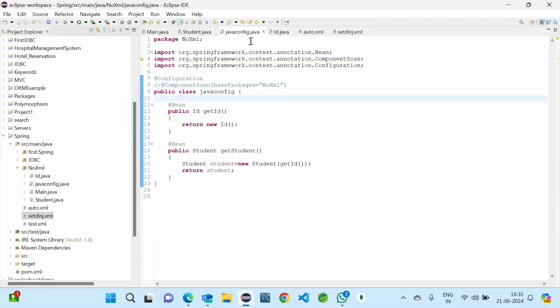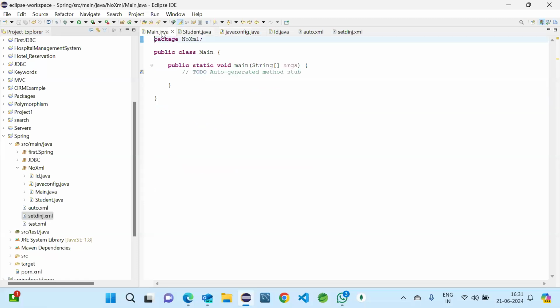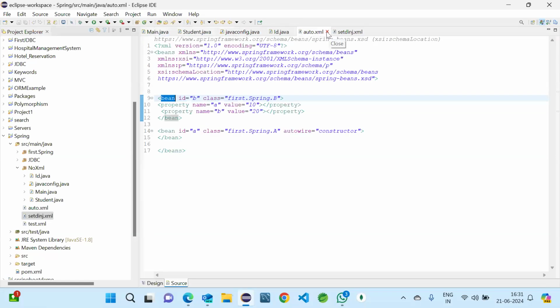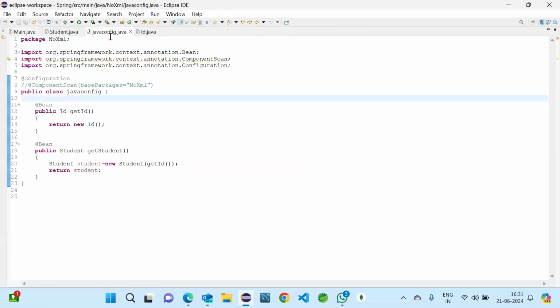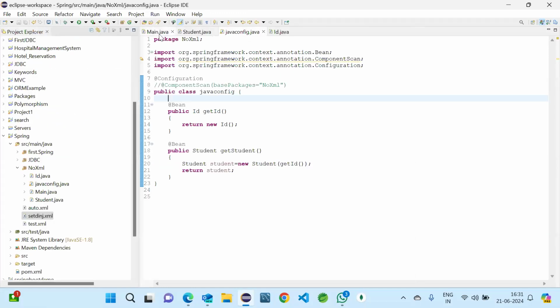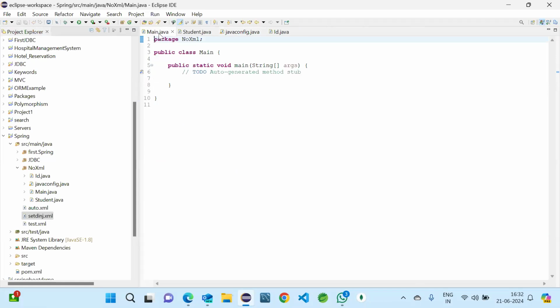Okay. And now we'll go to main and we try to get the bean from the Java configuration class, this one. So we should get the bean from here to main. So how that will happen, we'll see now. The procedure is the same, the application context and everything is similar. So let me create